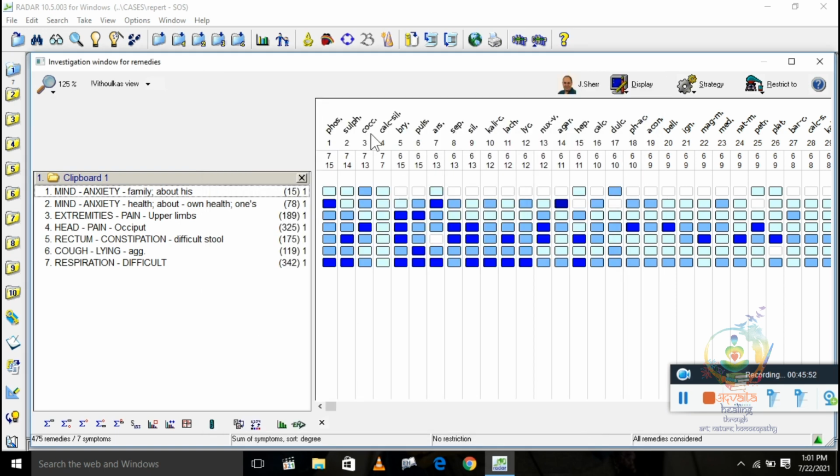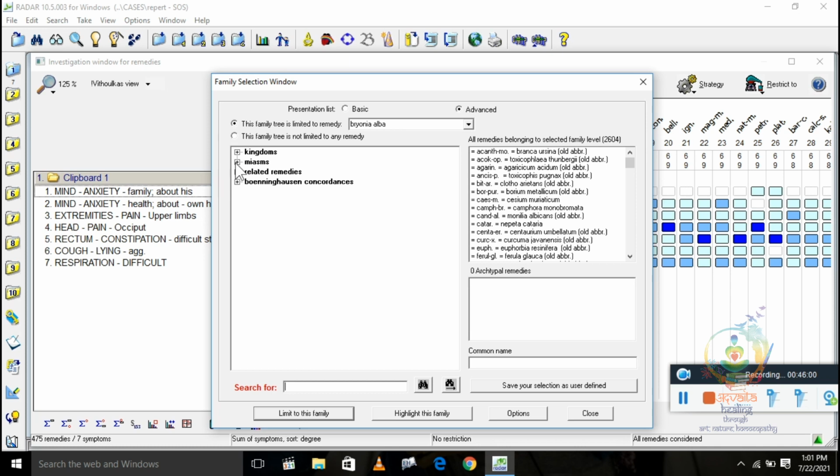Now let's take more common remedies so you can see miasm very well. We are double clicking on Bryonia. You want to see Bryonia's miasm. You can see all three classifications of miasm are given here. So you can see a particular remedy's miasm or family directly by double clicking on the name of the remedy in the repertorization chart.